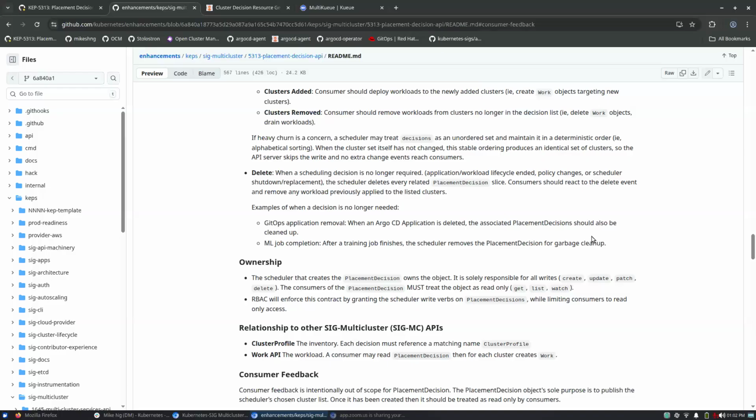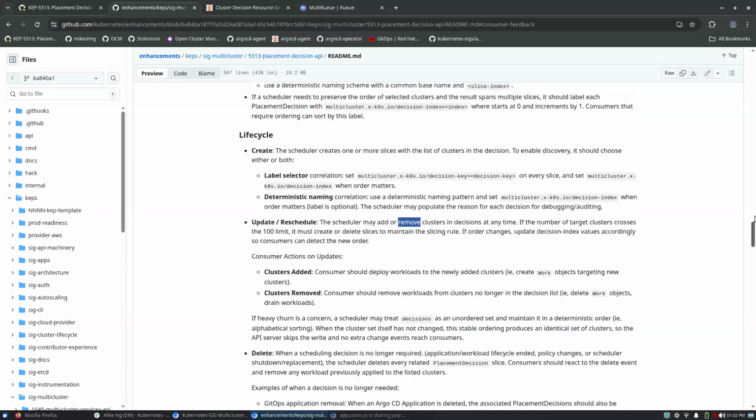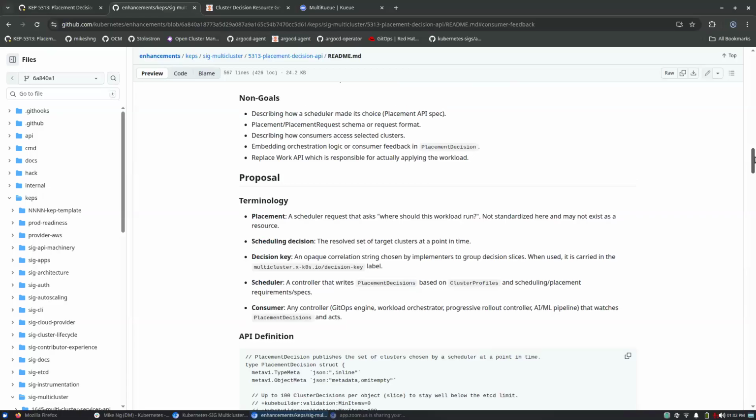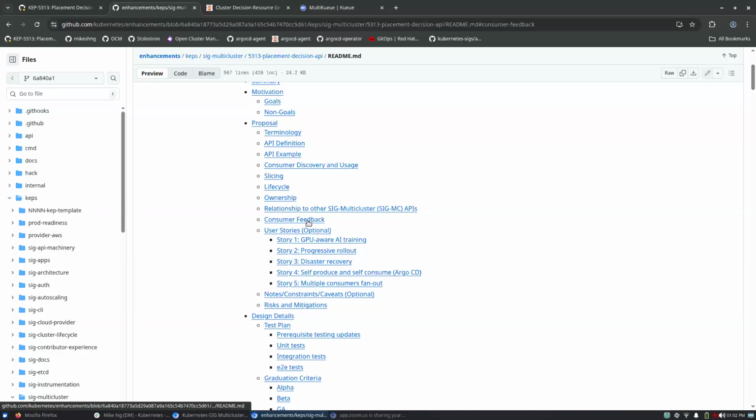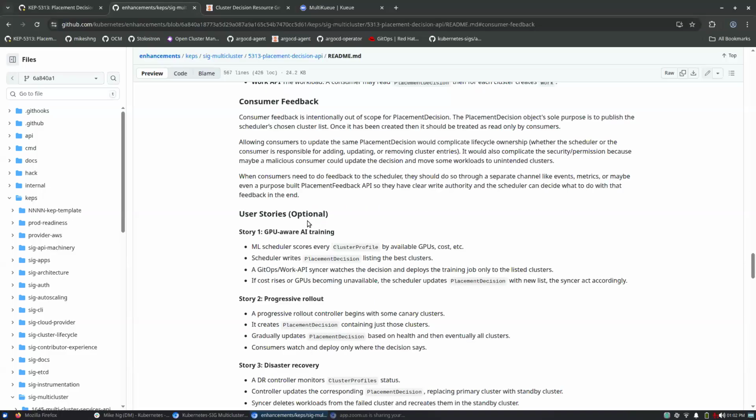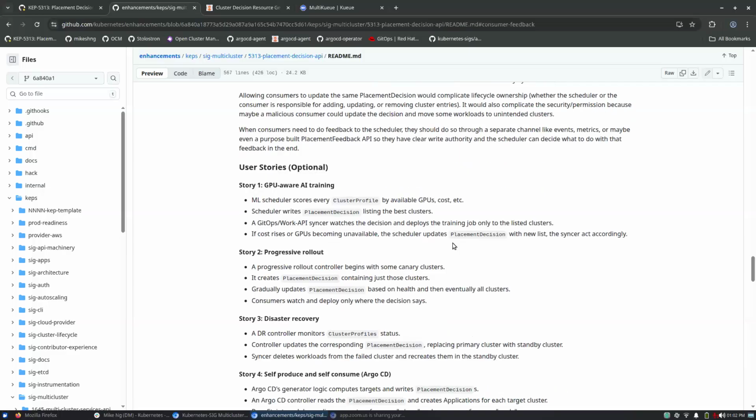So I wonder if we need something like that, just ways to express a little bit more state beyond just a Boolean, like this is scheduled or this is not scheduled, which again starts to get more and more coupled to the scheduler and the consumer. And yeah, I don't know.